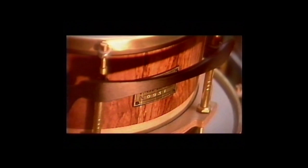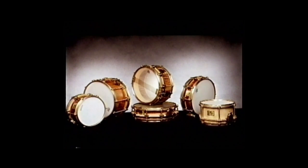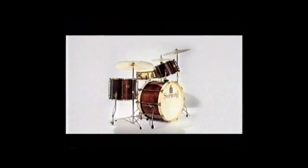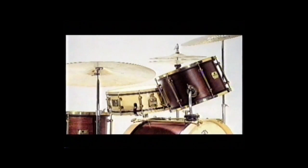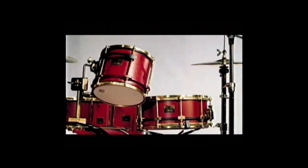To conclude, we at Soprano encourage you to perform on our handcrafted drums and to contact us with any questions or suggestions you might have concerning our line of instruments. Our only advice to you, the musician, is explore your creative potential and musical vision through your instruments. Drum makers of our sort give them birth, but only your passion and creativity can make them